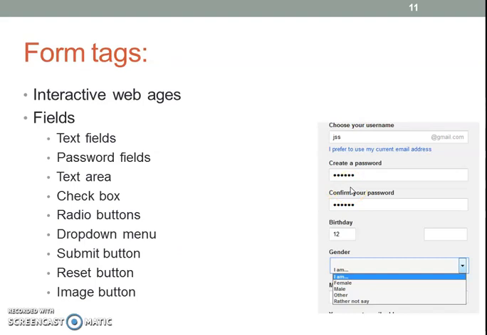Here is an example to indicate how a web page acts as an interactive web page. Once you go through this information, the page instructs you to do some task like choose your name, meaning the user needs to provide the name here. Create password. Once you read this, you try to enter something into this field, but the system does not tell you verbally to do some task. But if you go through this instruction, the user can perform some operation.